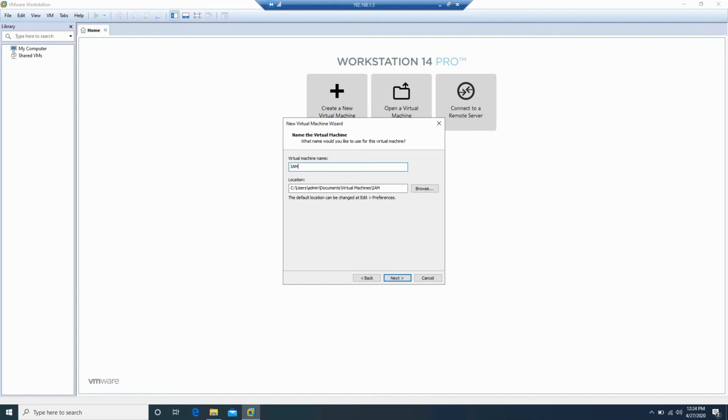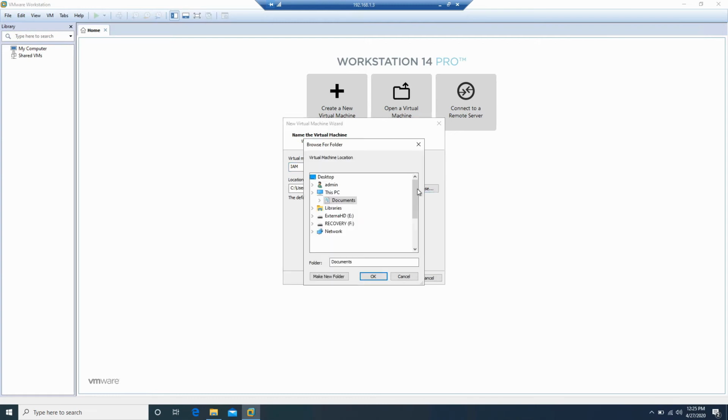It is pointing to the C directory, so I'll not go to C, I'll go to E, and here I will create a new directory, VM admin.